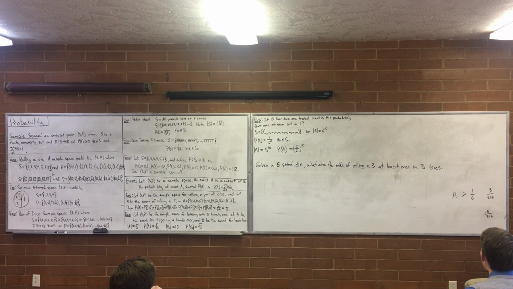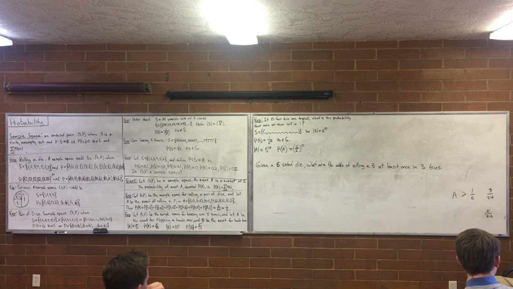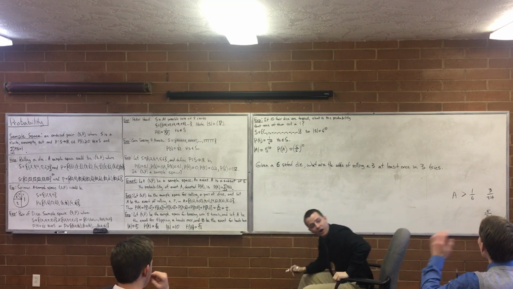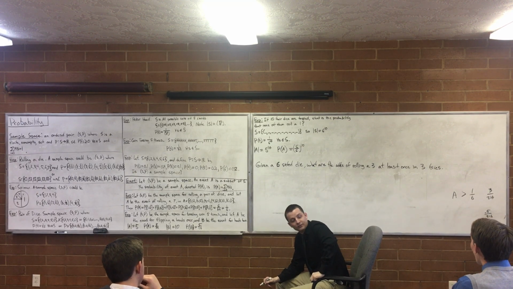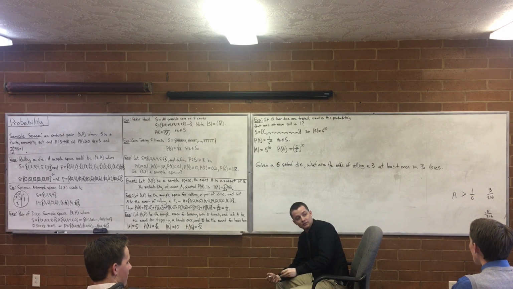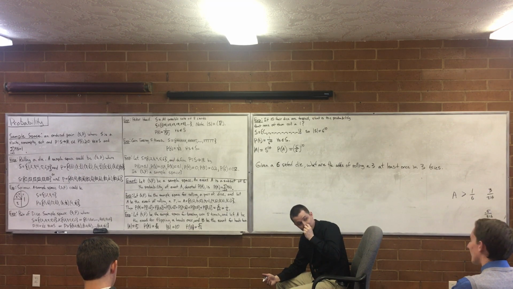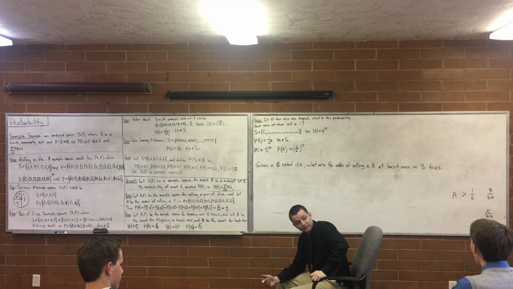This is a question I use when someone says that they know probabilities. This is actually a real simple question. I know it is. I don't even get it. I'm trying. Okay, what are the odds of losing all 3 times? Yeah. Well, the size of S in your sample space would be 6 to the 3, right? Okay. And then your probability of any one of those events is 1 over 6 to the 3.